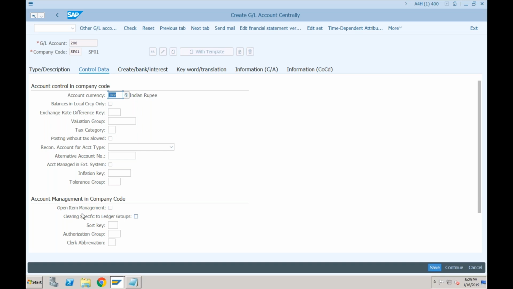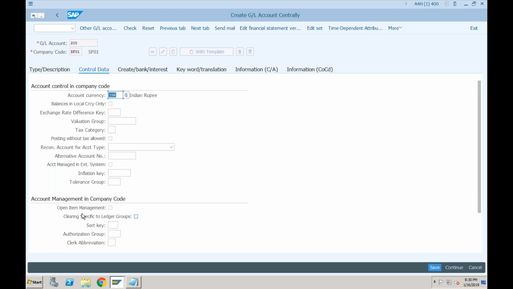Whenever you post anything to a customer, the customer line items are already there in the FBL files. So unnecessarily, if you activate it for the GL, there will be line items created separately for customers and line items created separately for the GL. In order to avoid that space, SAP recommended not to activate line item display for reconciliation accounts.